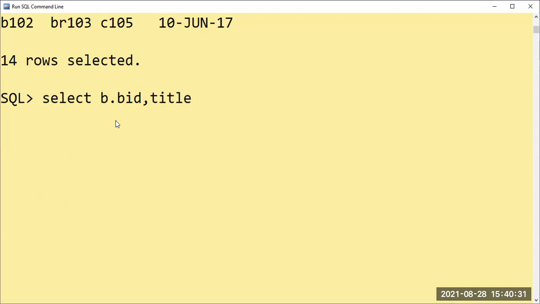Then title is not required to be specified as b.title because title is present in a single table itself. After that, p-name. I have created this attribute in the publisher table as the publisher name. What we need next is branch name. Let me check once again.